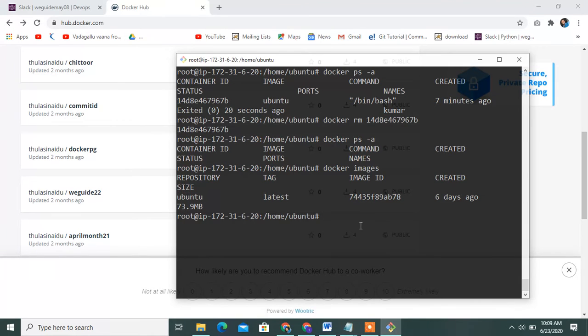This is the Ubuntu image. How to start Docker.